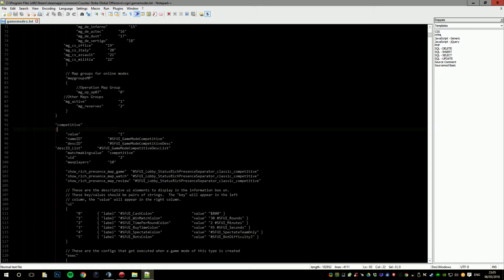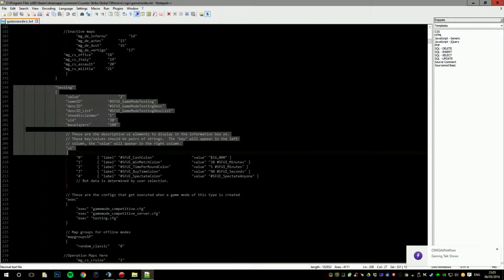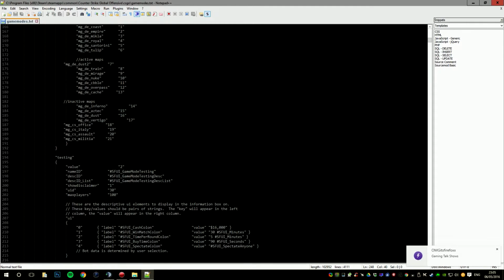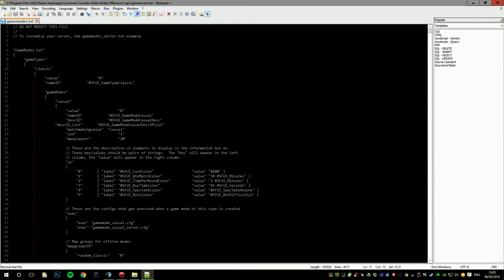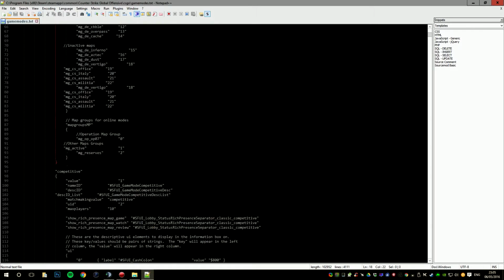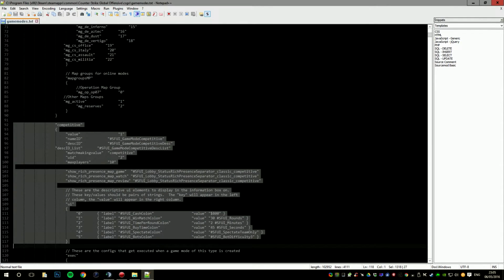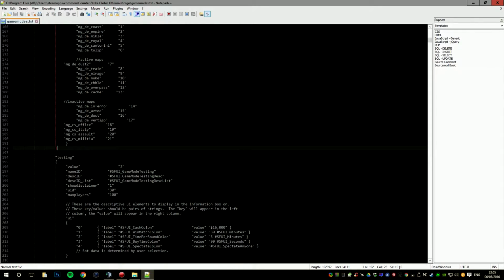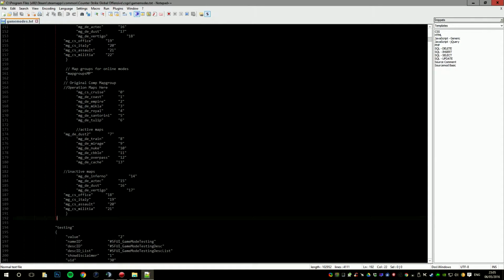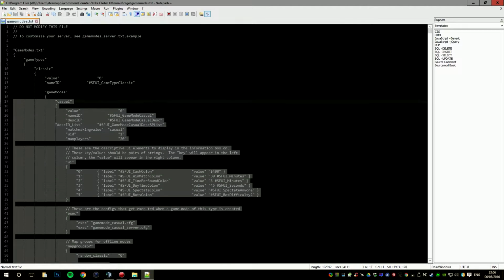Yep, competitive and testing. As you can see here, this is a whole custom section of testing, and the only thing I did was copy the game modes competitive, this one. I just copied all of this till this squiggly bracket. Don't know how exactly you call them, I just call them the squiggly brackets. So copy all of this,